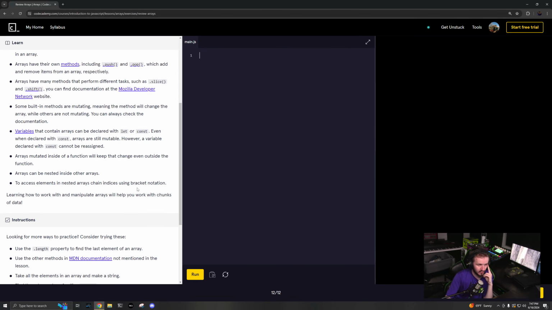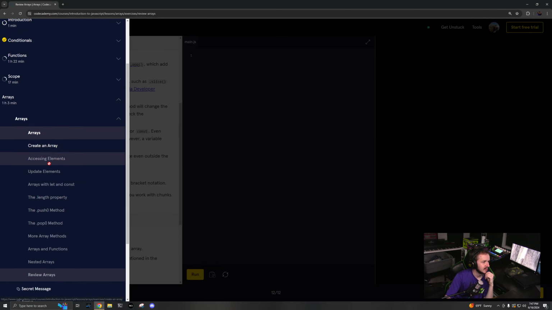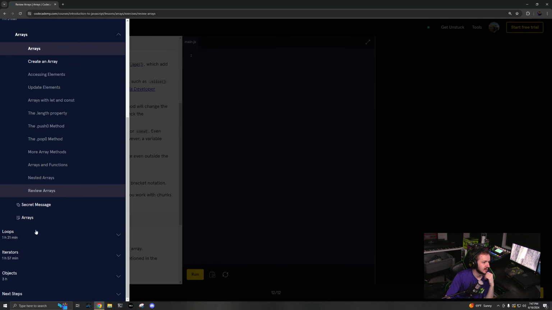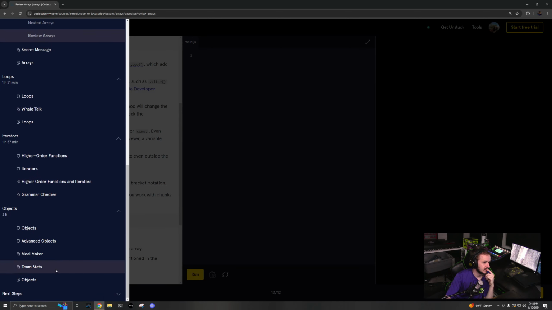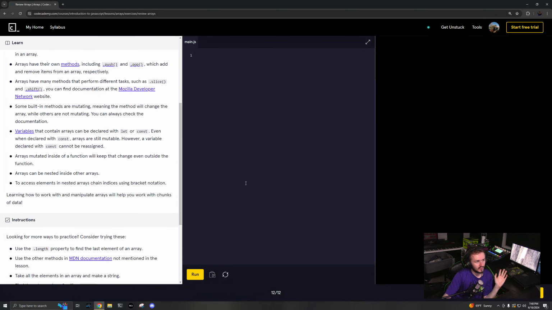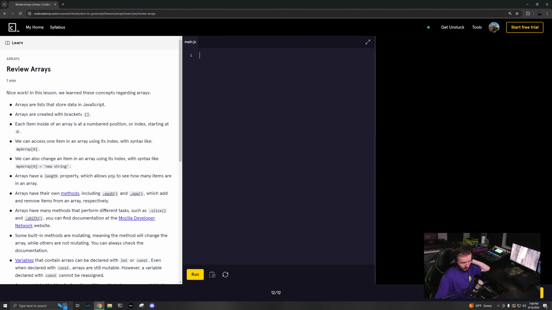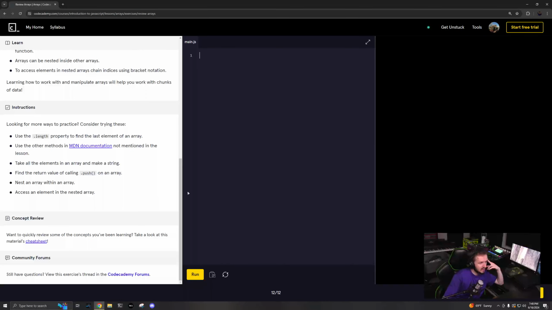There should be more with arrays. Let's look at... Oh, come on. Loops, I suppose, like loops, iterators. Okay, sure. Okay, fine. Well, there are a lot more aspects of arrays, and we should have gone way deeper into these,